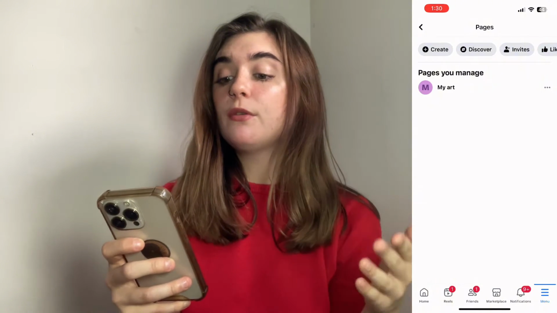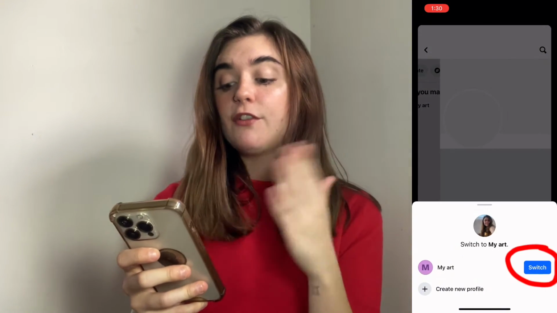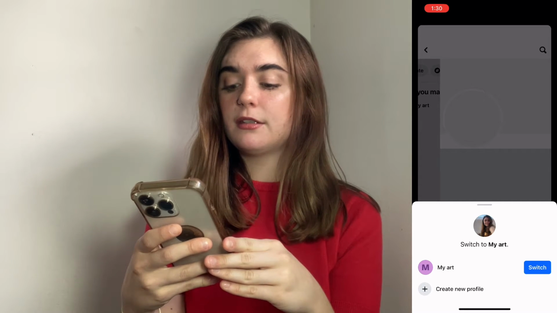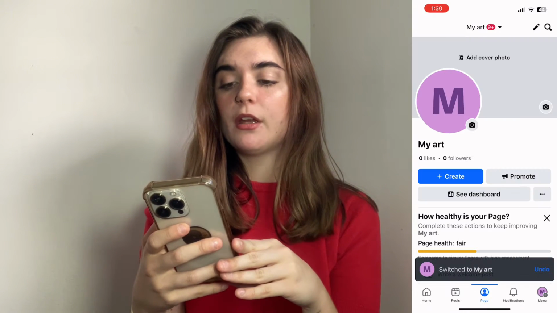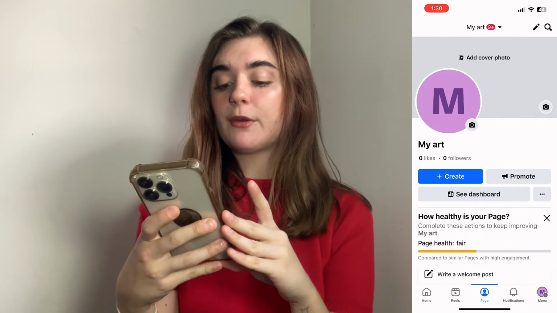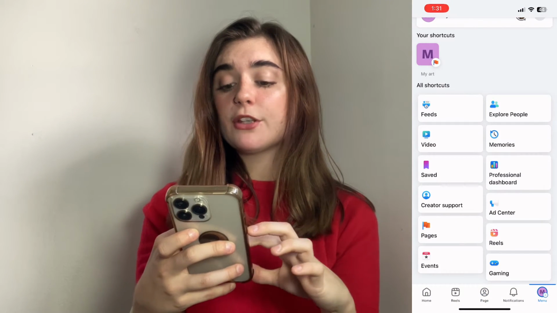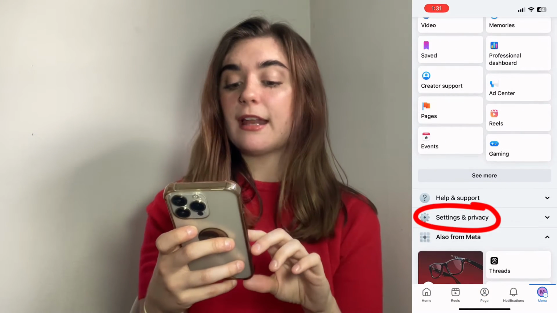So what you're going to want to do is switch to that page. When you click it, it's going to ask if you'd like to switch to it, and you're going to click Switch. Okay, now that I have the page that I want to deactivate open, I'm going to click on Menu in the bottom right once again. Then I'm going to scroll down and click on Settings and Privacy,